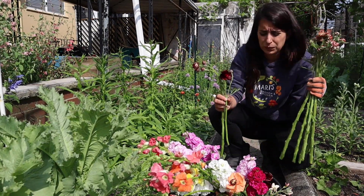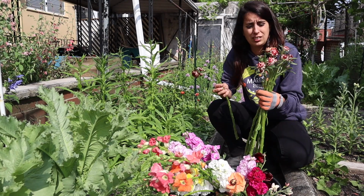Helicopter? Like 5th helicopter today in New York City. I don't know